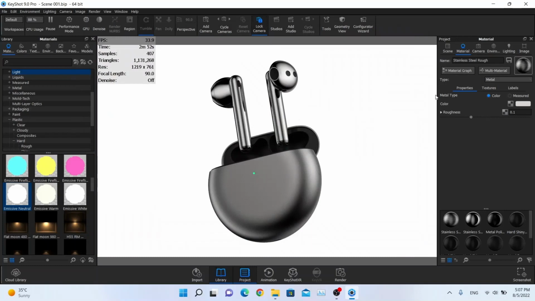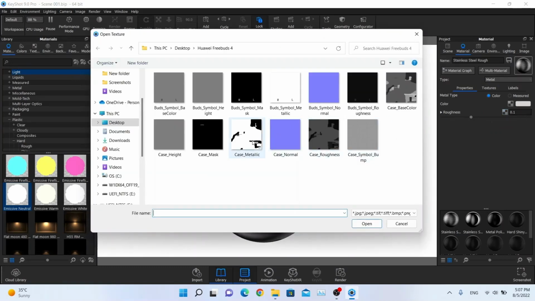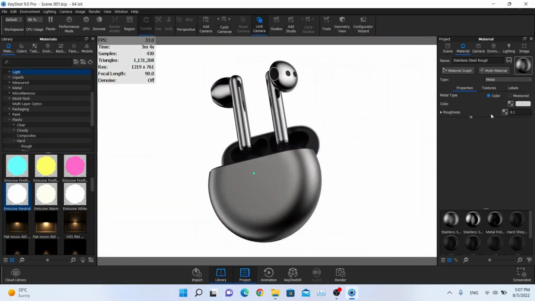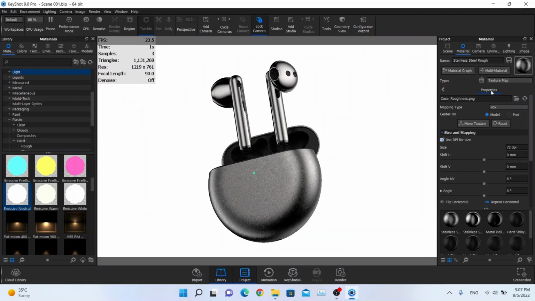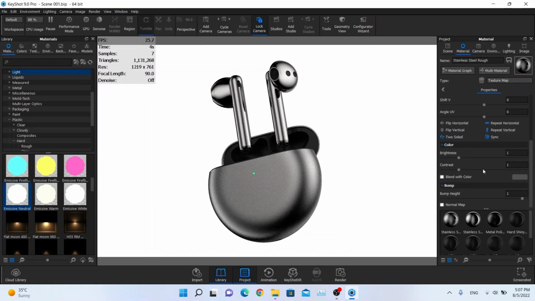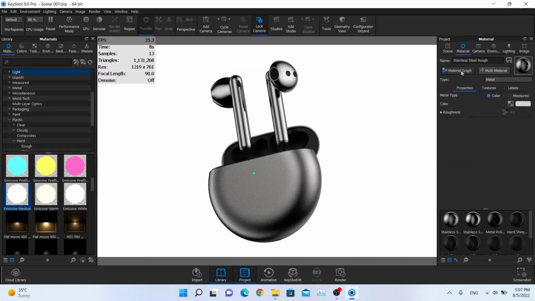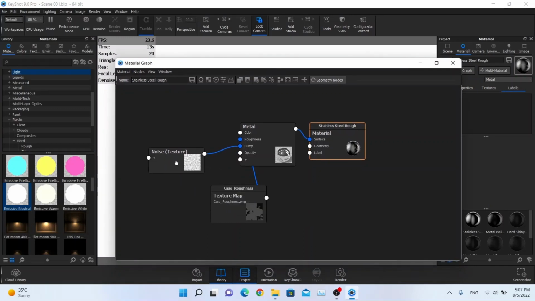Okay guys, so let's continue on these materials. I'm going to double click on this, and we are going to bring the bump map, or sorry, roughness map to this. So we are going to find the case roughness, and we are going to make this UV. Okay, so this is all right, and we are going to create the label, and it will be a really simple label, and we are going to